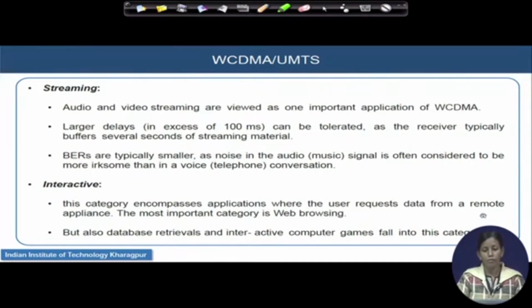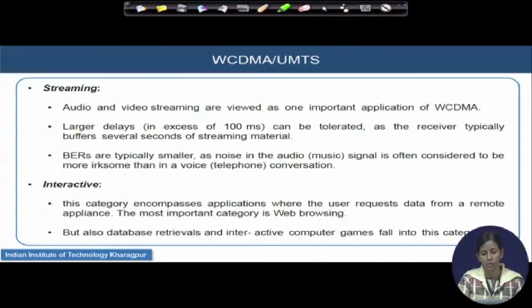We will go back to the different classes of choice that your user can have in 3G. We have studied the conversational mode. Now, come to the streaming mode. In the conversational mode, it was voice data traffic going on. In the streaming mode, you are streaming audio and video, and it is viewed as one of the very important applications of WCDMA, because it was introduced for the first time